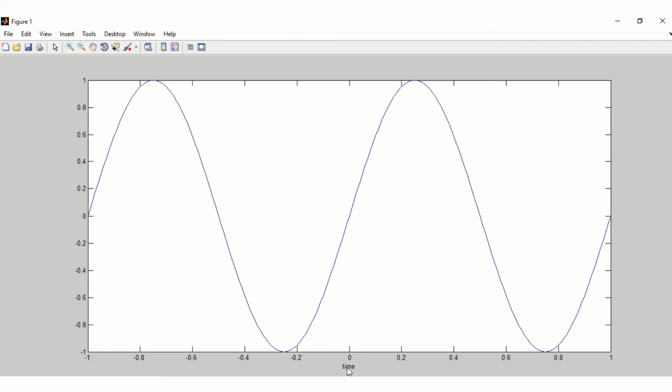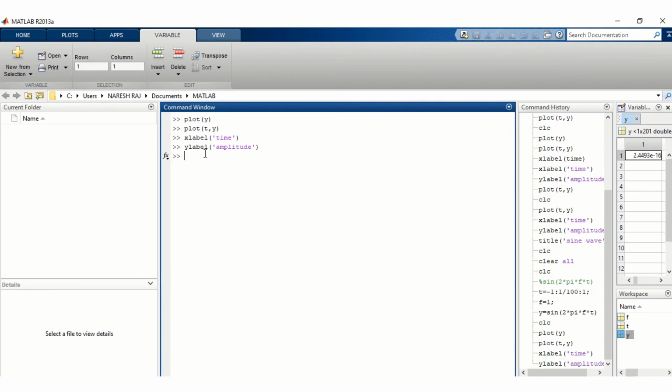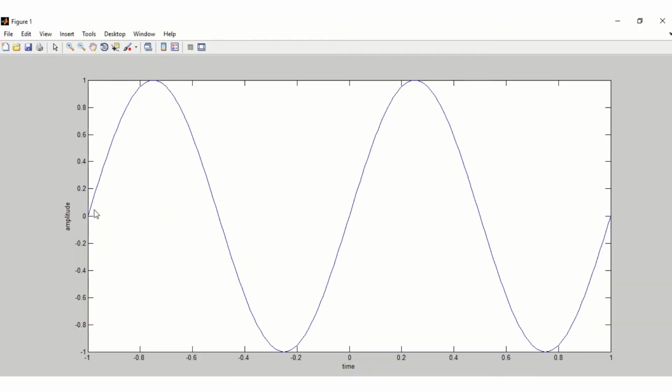You see that this is time. And now we are labeling the y-axis, so write ylabel amplitude. Here you are seeing that the amplitude has been written.